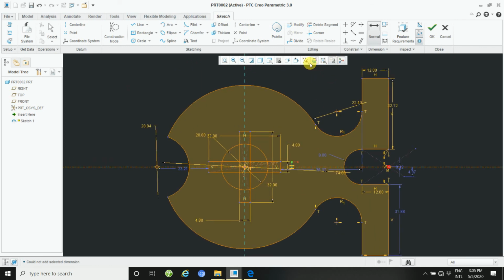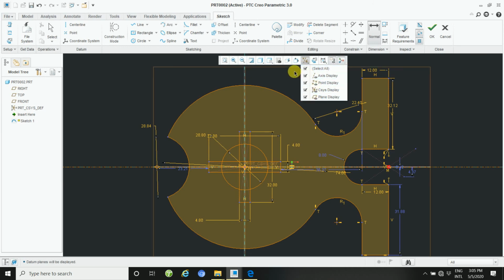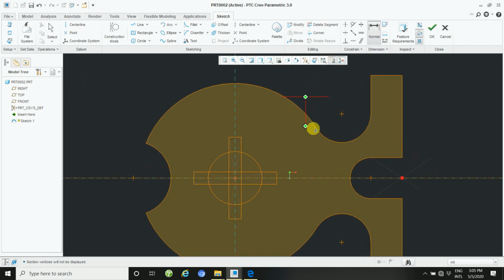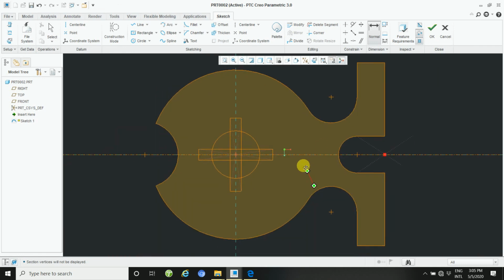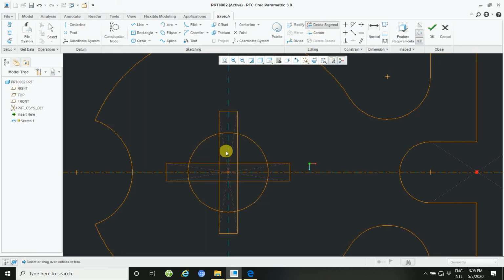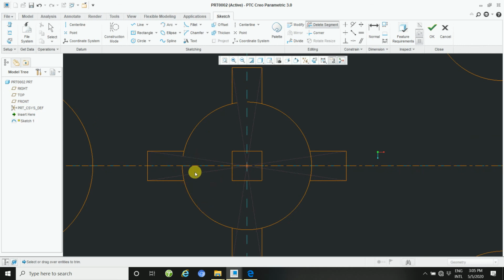And then it's more dimension, so you need to hide. All hide, and then trim, apply trim. It's more visible. Then apply trim, delete, then this way.